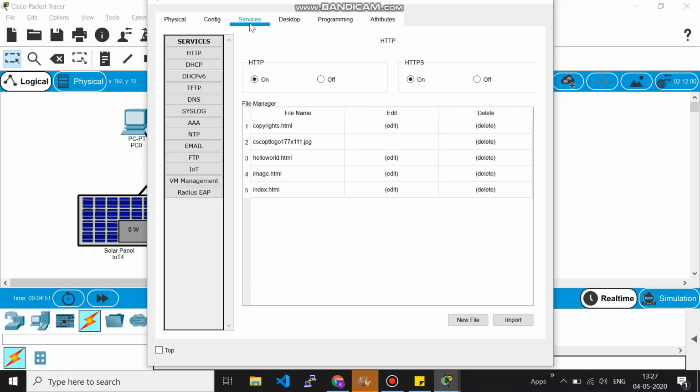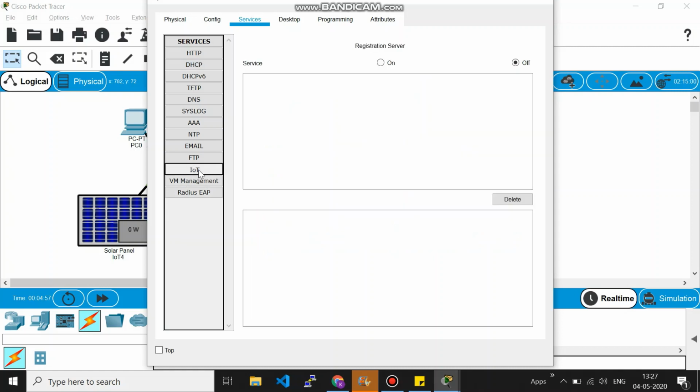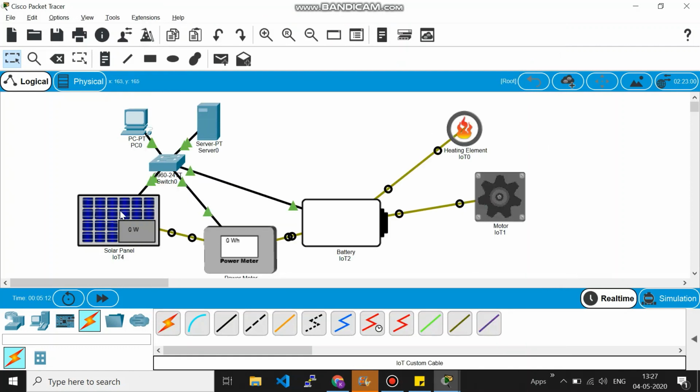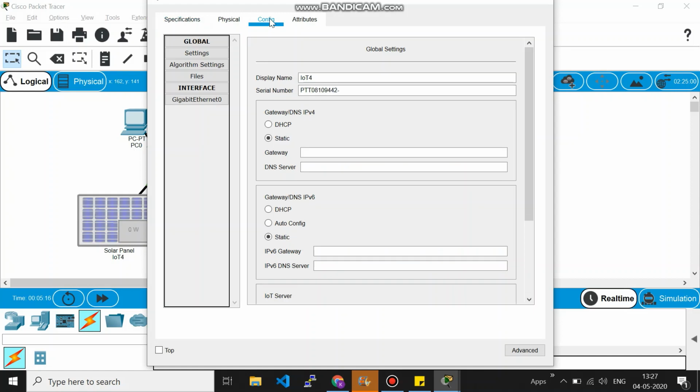And then these are the services which are offered. So DHCP should be on, so keep it on. And this IoT is a registration server through which all the devices get registered, so it should also be on. So these are the preliminary settings which you have to do. Now the end devices have to reach this server. So you go to this part, and then go to config, and then this should be DHCP.